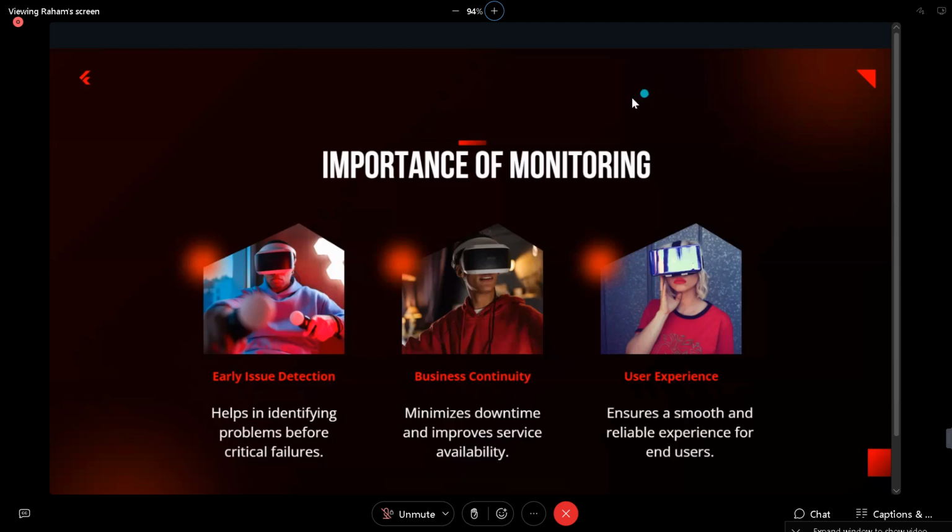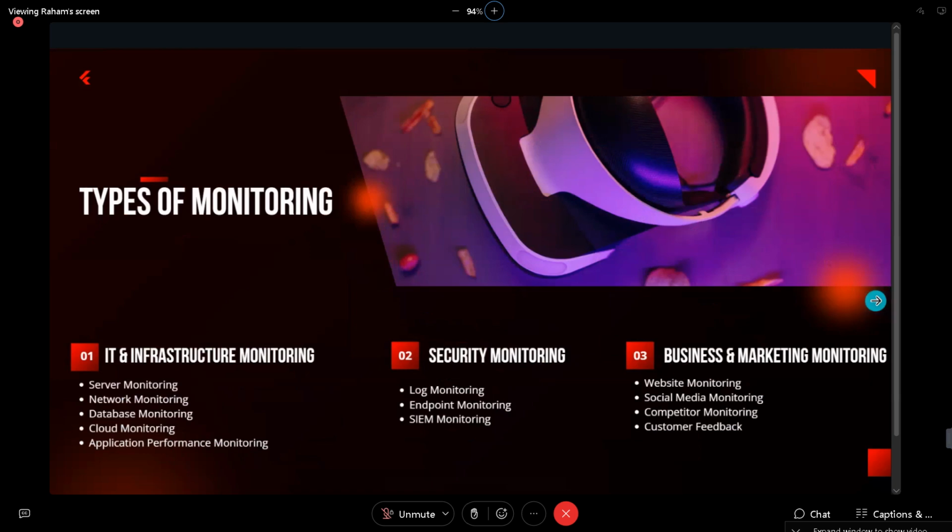See, from a point of view, generally monitoring is going to be classified into three different types. First one is going to be infrastructure monitoring, or you can call it IT monitoring. Second one, security monitoring. Third one, business and marketing monitoring. I'll discuss about